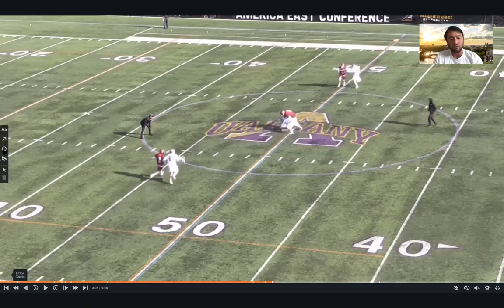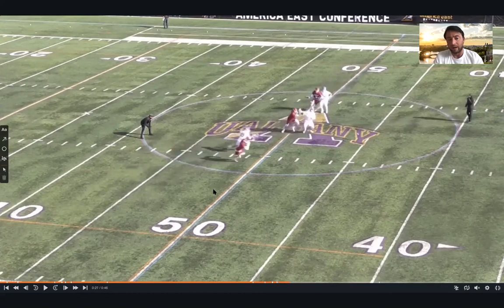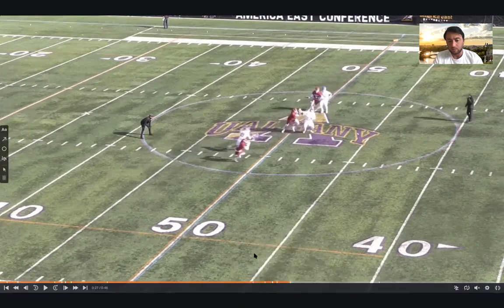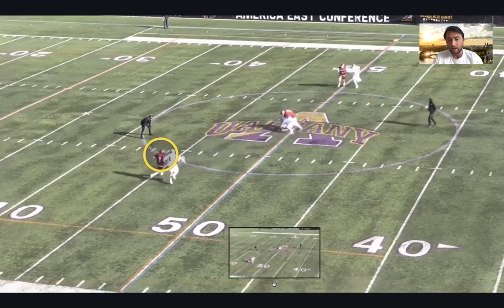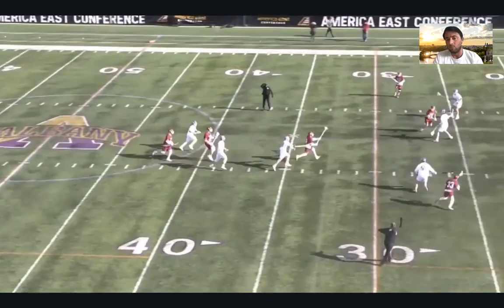And I want you to watch. Massey's doing a great job, but also watch Frankie Tangretti does a really nice job of understanding what's happening in this scenario and making a break on the ball. So he pulls it between his legs, and Frankie now is right here, is going to be the first one to the ball, right? Massey does a great job of tying him up. We'll go back and watch that, right? You know, as you come back, Frankie pulls it between his legs, doesn't let him,